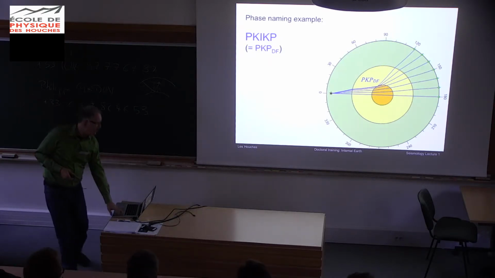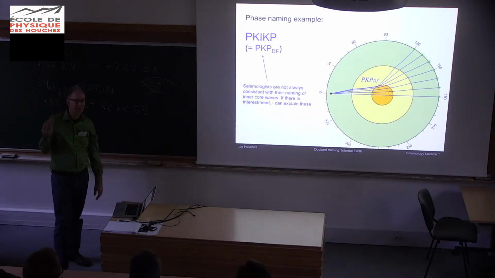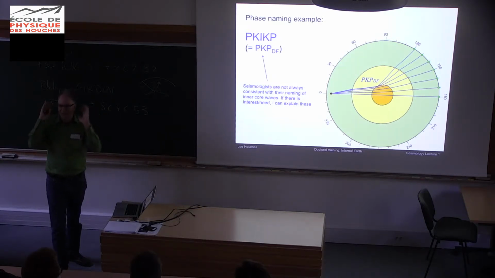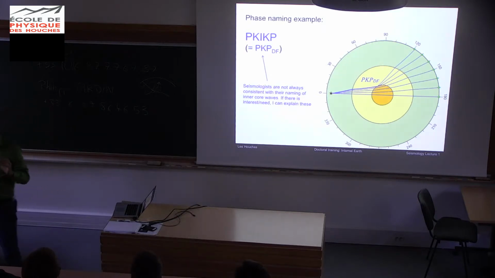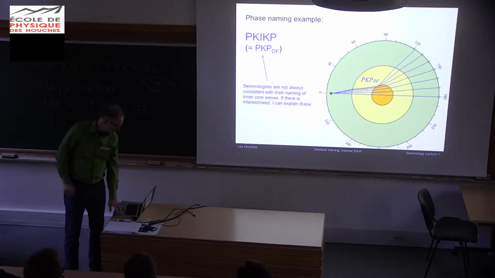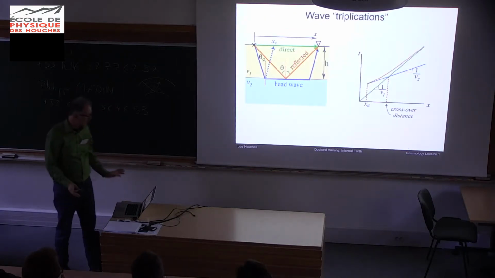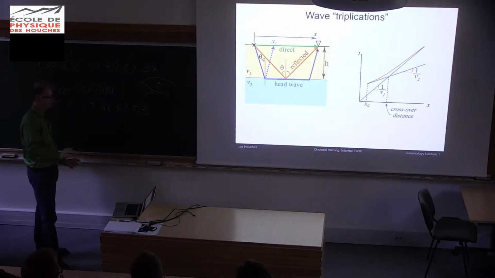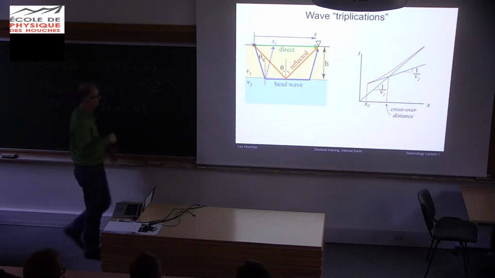So seismologists are often loose about this, and it's probably the same thing I feel suffering when I see geochemistry and they keep changing the ratio. Is it He3443? I haven't learned intuition on those things, so I'm like, wow, I just thought I knew how to think about it, and now they're changing the axes and the numbers. But I can explain those in more detail if you want.